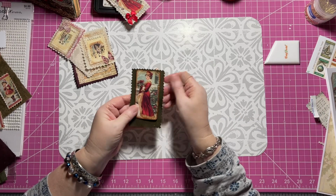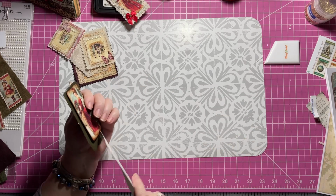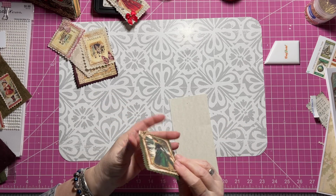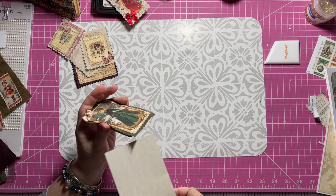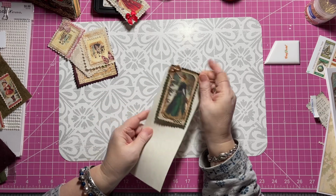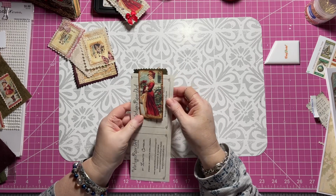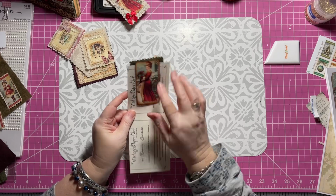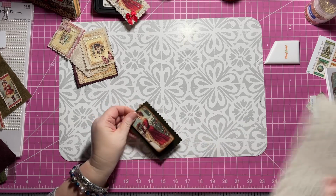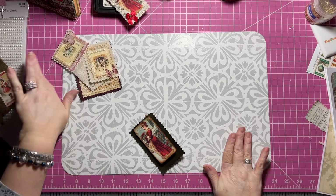Okay, so she's that side and that side. So what she would look like on a page would be like, and it will fit right up through the middle of those two pieces, at least unless I glued them together, which I did not. There, see? Push it down on there, and then look at, if say this was your page, you would have that on one side and that on the other. Now you could decorate both sides, put a piece of lace down there, and I probably will decorate both sides. I just can't right now because I'm